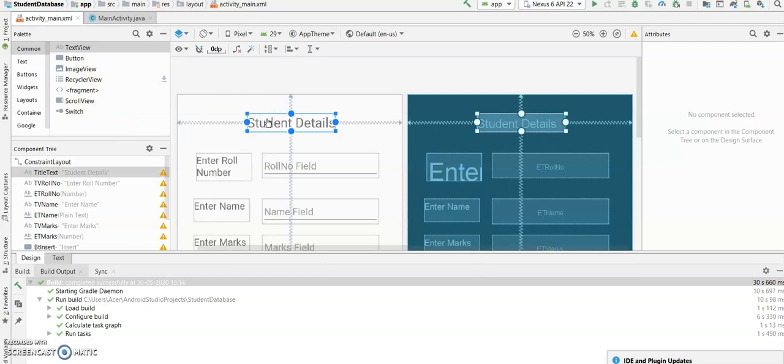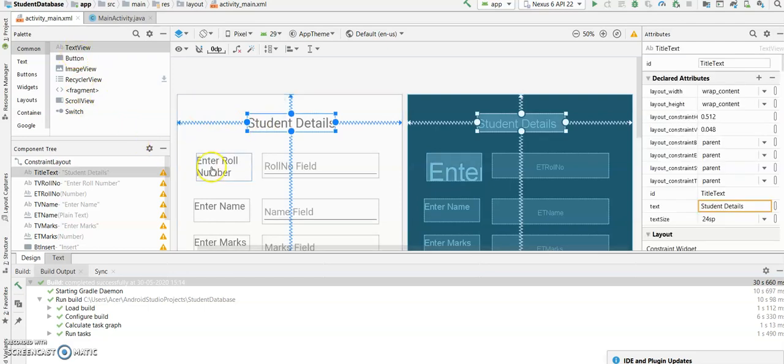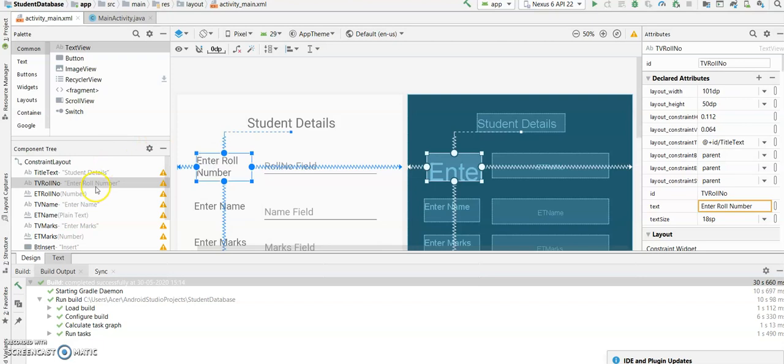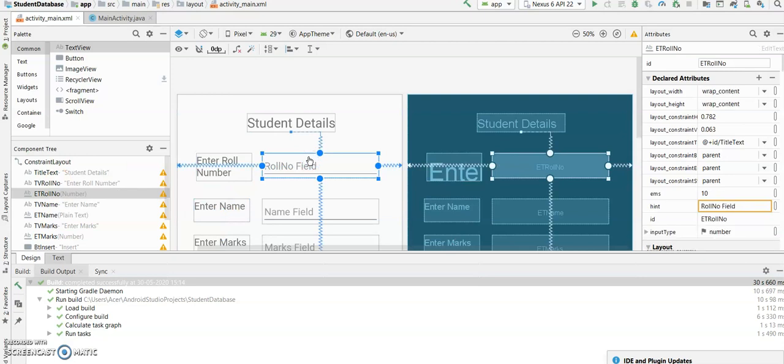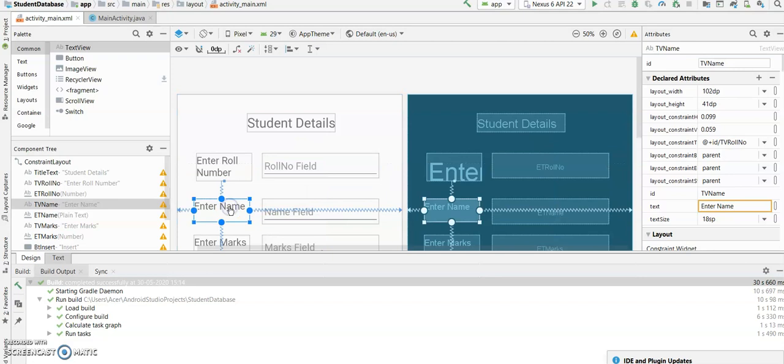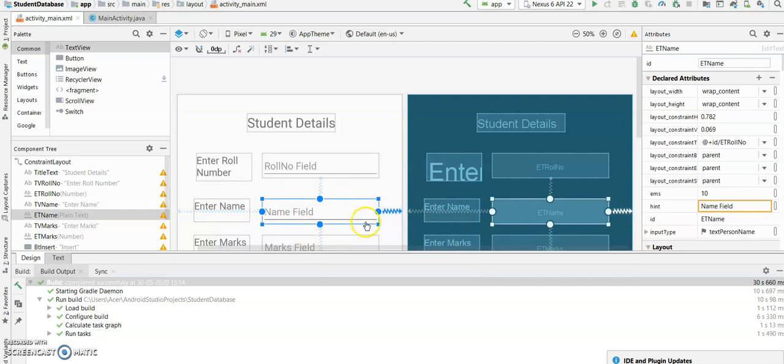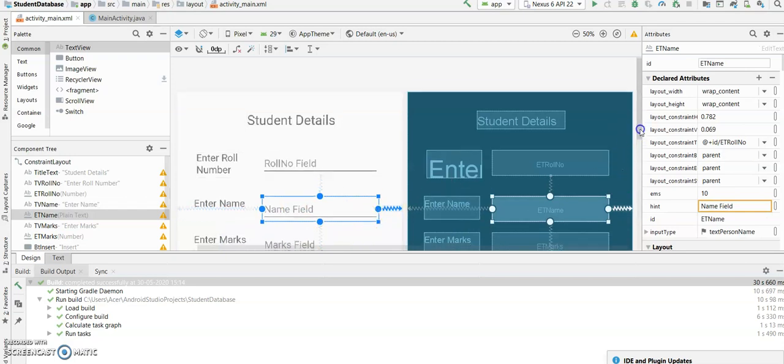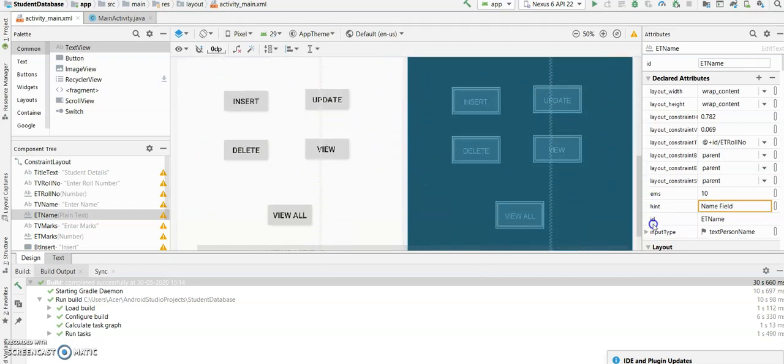So this student details is basically a text view. This is again a text view. This is an edit text field, which is for the roll number. This is again a text view for name, which means you can't edit this field over here, but whatever values you want to pass can be passed into an edit text field. And then you have the various other fields for entering the marks, and then you have these 5 buttons that